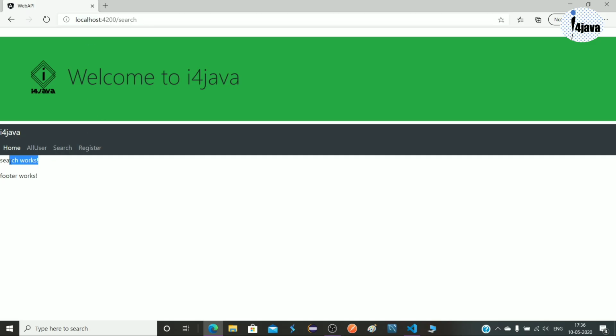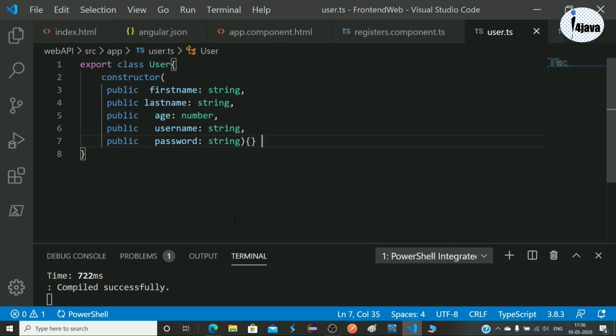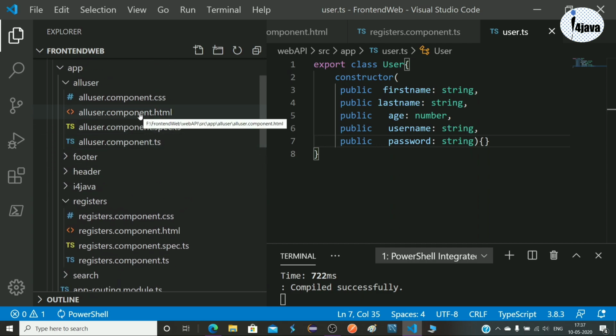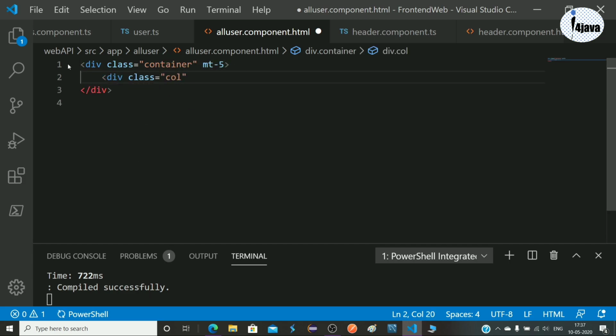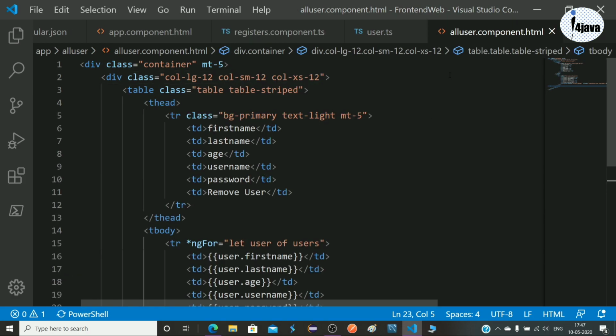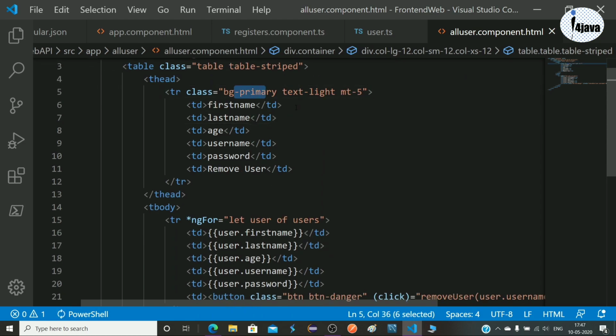So this is our home page, and let's click on the registration page. So this is our registration page. Let's create one all user view page, and let's create one class also.